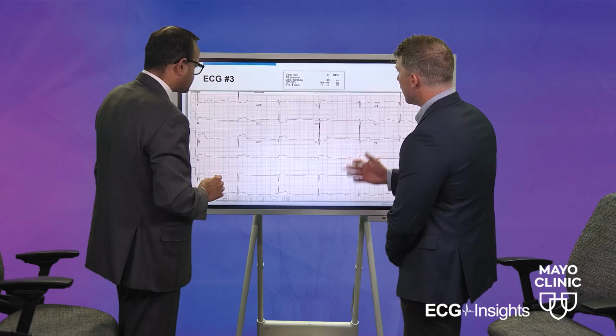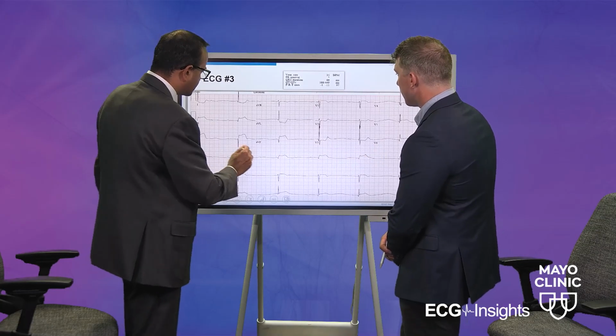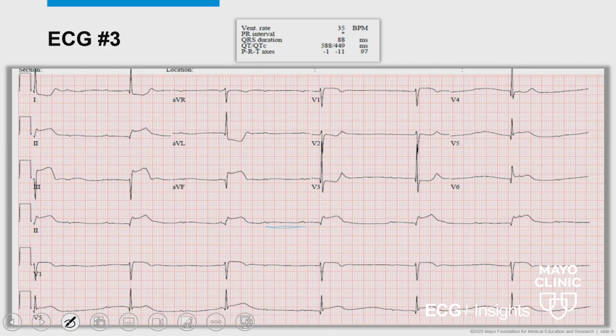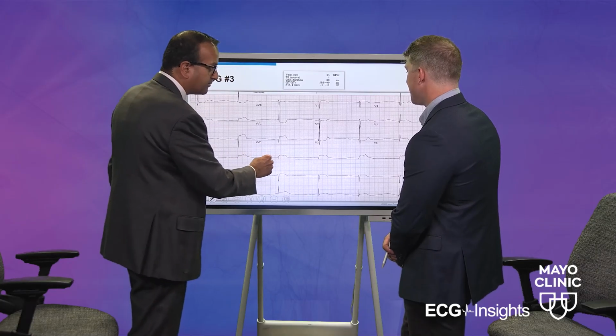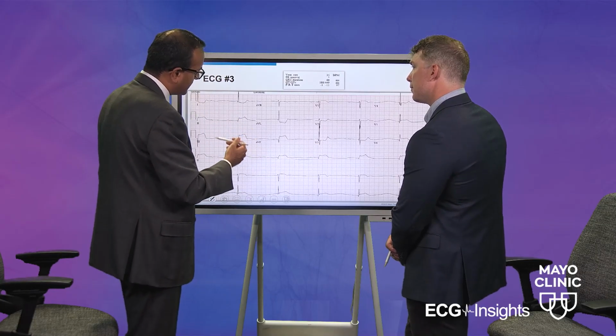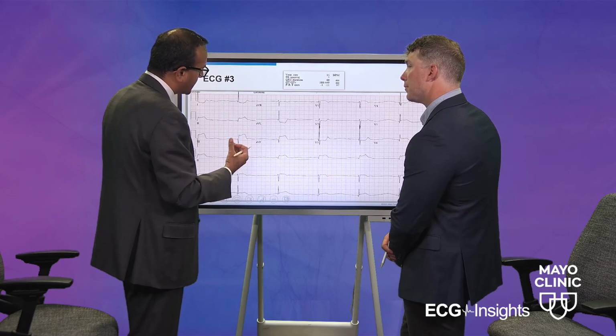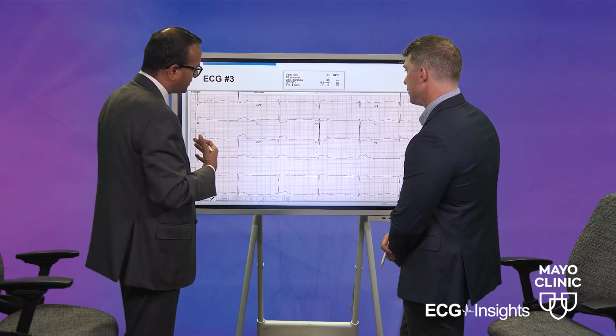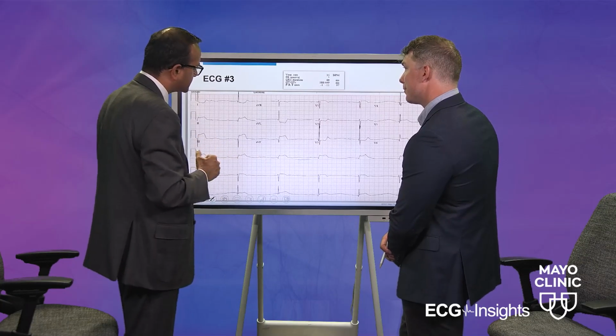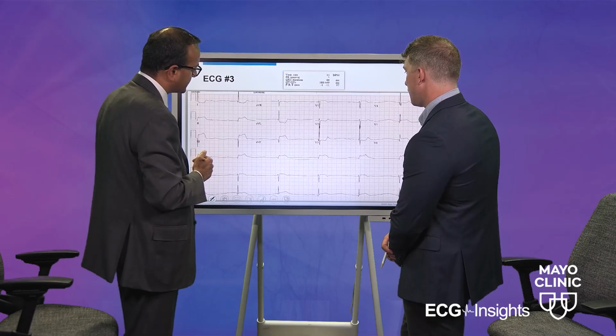Anything else you see, Alex, on this ECG? Nothing else that I see. But one thing I see, if you look at the sinus rates, they are not very fast and they are a little bit slow. It is not uncommon that patients with inferior wall MI can get a very high vagal tone. That can cause bradycardia, because if it was truly infarction of the atria, then you would not get a P wave. But the fact that you see P waves means it can cause some bradycardia also with some atrial ischemia. It is one reason why patients can become bradycardic during an inferior wall MI: it could be high vagal tone because of pain and everything else. So that can also occur with these sinus rates.